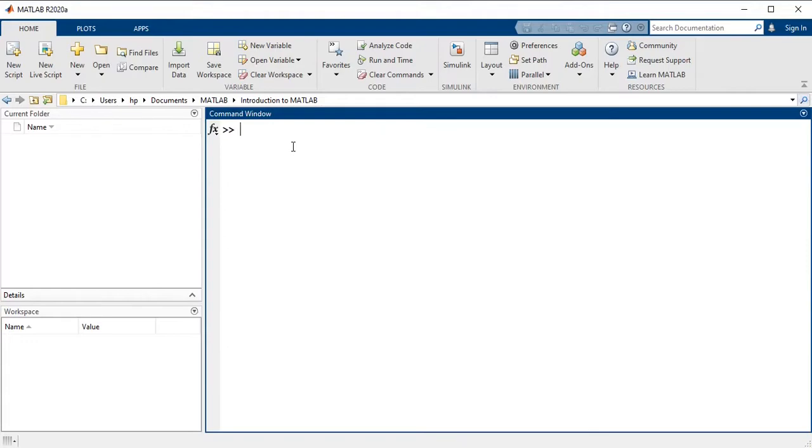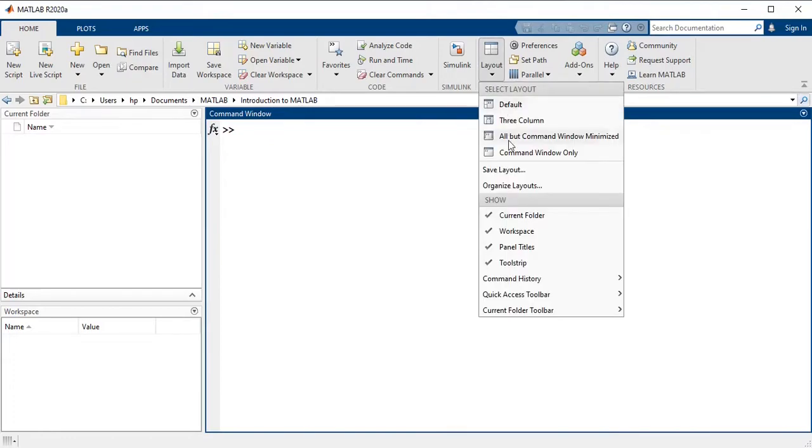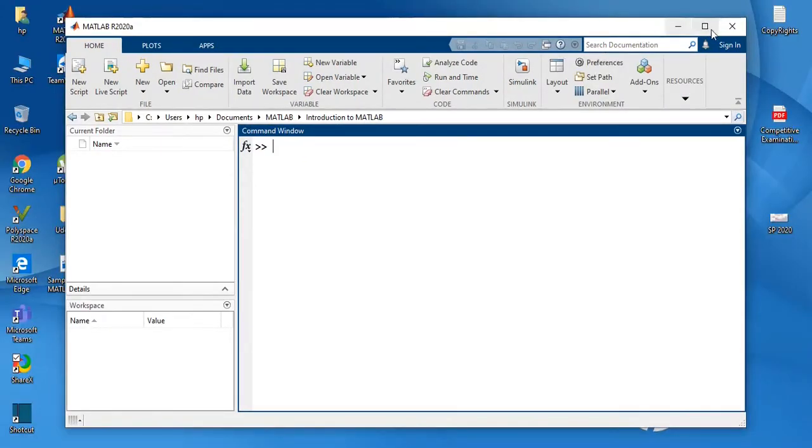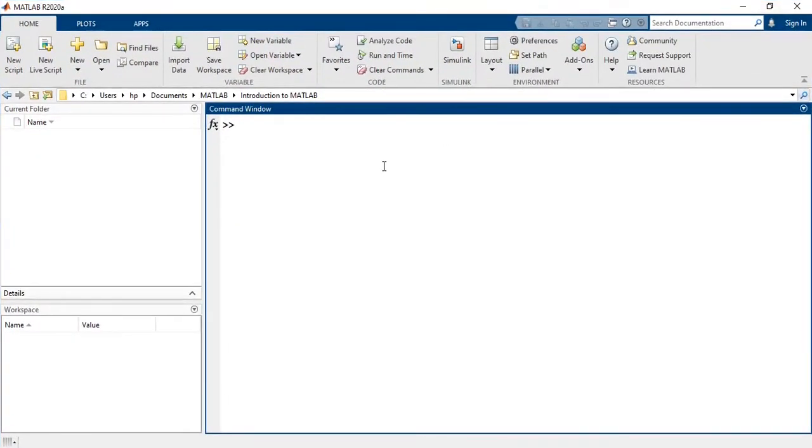Let's open MATLAB and see how it looks. The configuration may vary based on settings and installed version, but you can go to Home and set the default layout from here. You can see three windows here. In the middle left, you can see the current folder. It is the place where MATLAB stores our work. On the left bottom, you can see the workspace that shows the current variables. As we have not defined any variable yet, it is empty.